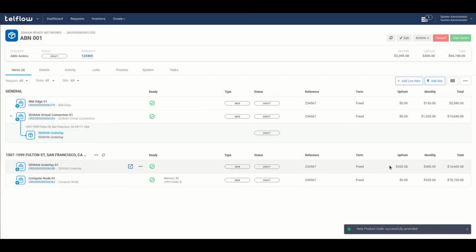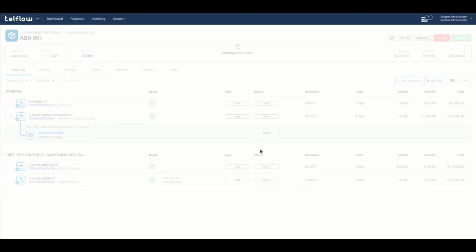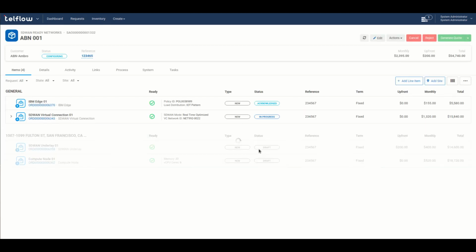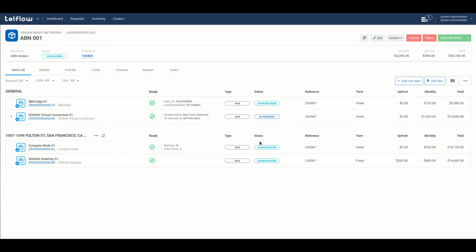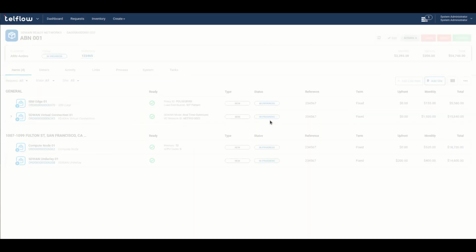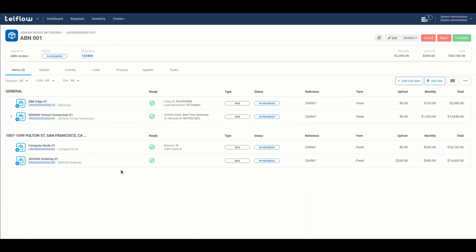So assuming we're all okay with this, we've got our total, we're in a draft state at the moment. Let's start our quote process. And what this is effectively doing is transitioning our sales order into an in-flight stage, and we can see that some of our products have already transitioned into an in-progress state. And if we look at each of these in turn,